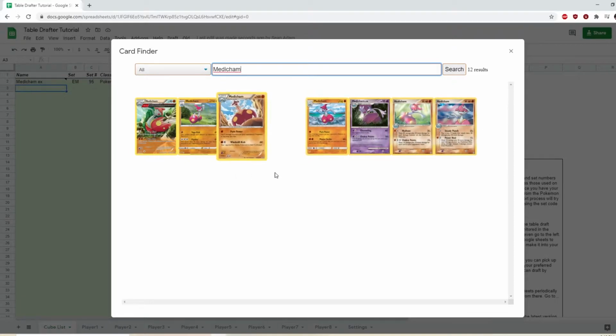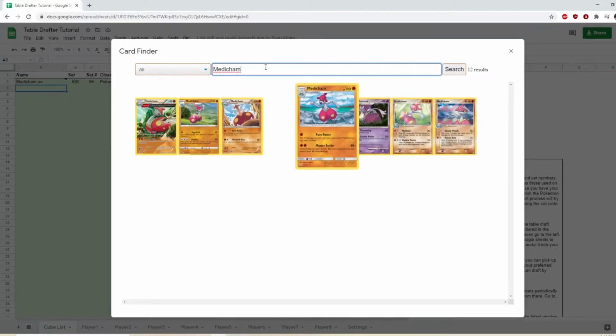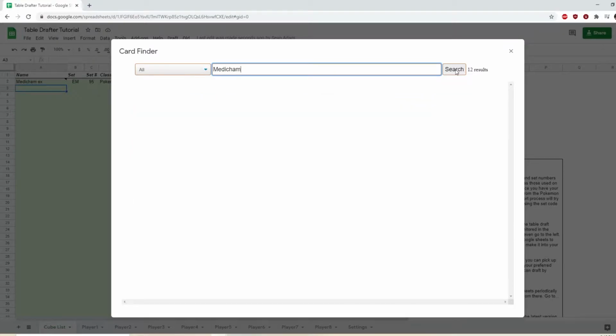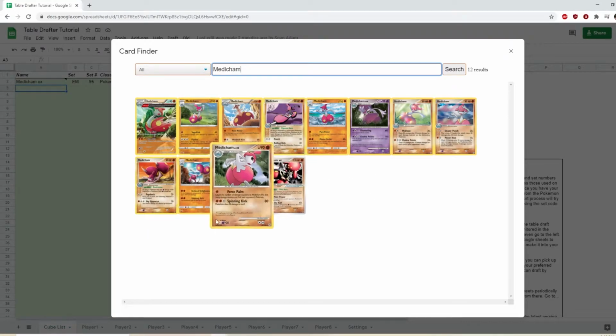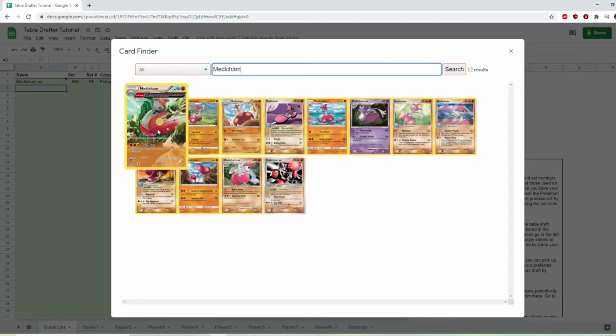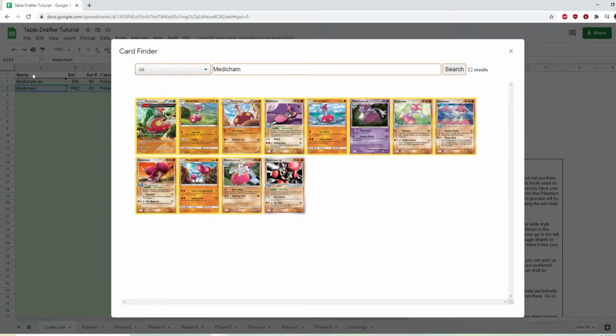Medichams begin to appear. It takes a little bit to load all of them. Sometimes you have to refresh, sometimes you have to research. But overall, all of them will appear slowly but surely. And they seem to all be here, at least the ones the database knows. If you click on one of them, it will automatically add the card to it, and the next emptiest slot